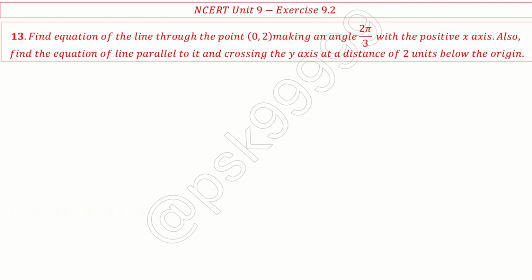Find the equation of the line through the point 0 comma 2 making an angle of 2 pi by 3 with the positive x-axis. Also find the equation of a line parallel to it crossing the y-axis at a distance of 2 units below the origin. So first thing is you have a point, you have an angle. So from the angle I can get